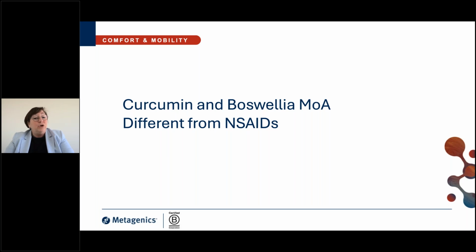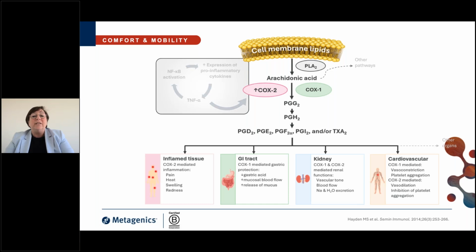When we look now at curcumin and the Boswellia, the boswellic acids, what's their mechanism of action, and how is this different from the NSAIDs? I'll come back to this same picture with the pathway starting from arachidonic acid or from the cell